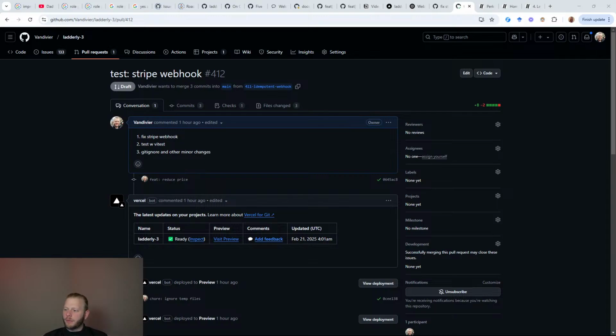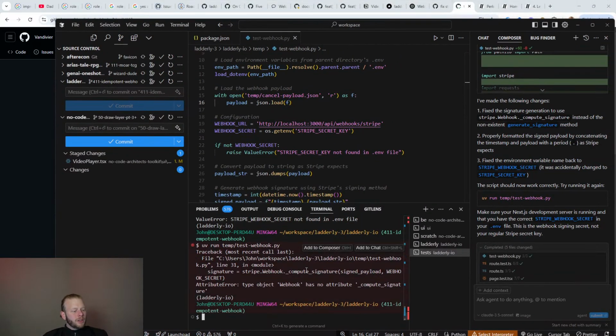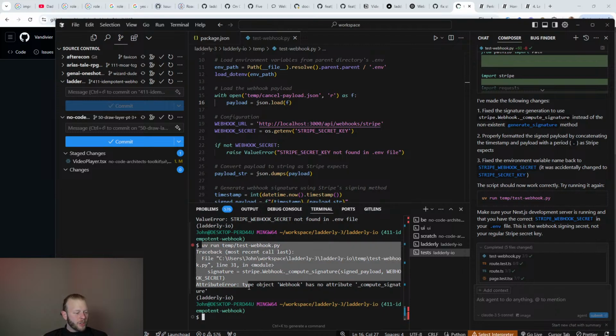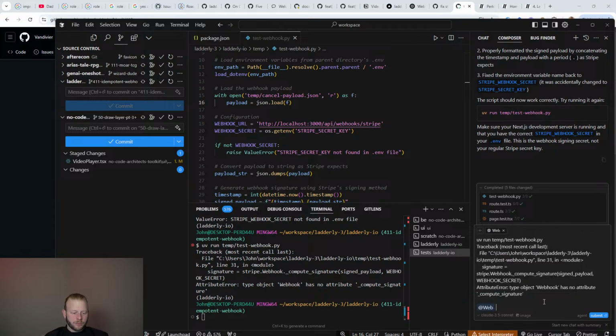Yeah, so it reverted my environment name change. I think I fixed that up. Oh man. All right, so the Python is out of alignment. Here I'm going to ask the agent to search the web for the correct syntax.